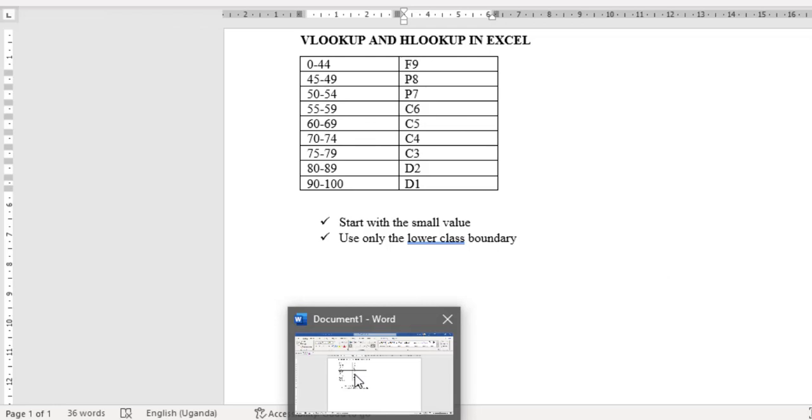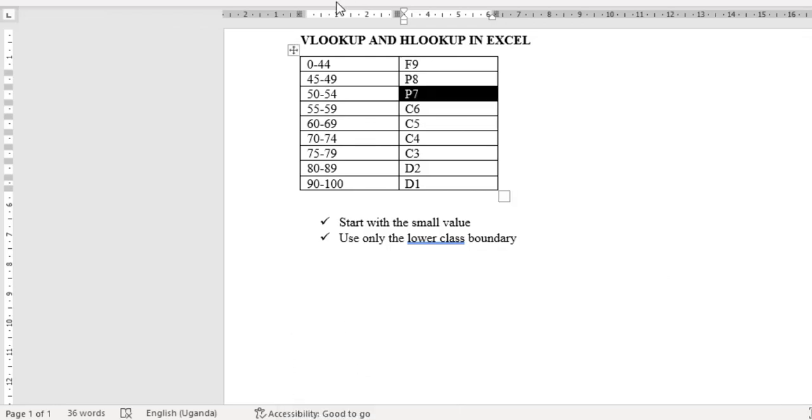So they are done. The selection I've considered is these ones on the left, the ones I've called the lower class boundary. Then it is time to put in the grades,